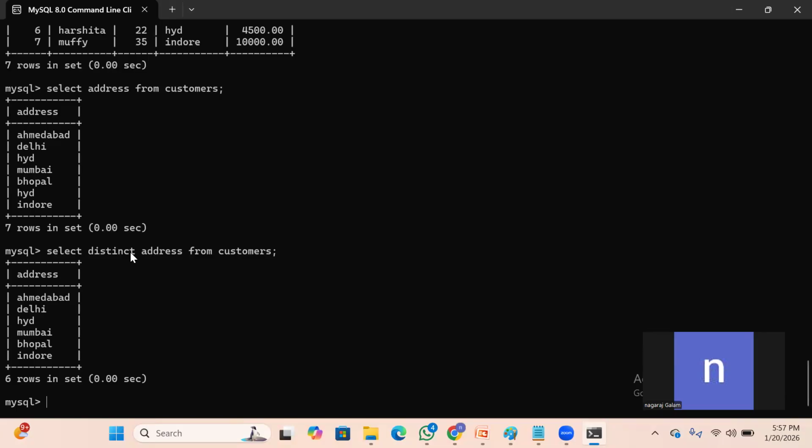It simply says return the distinct, unique values from a single or multiple columns in a table. It ignores all the duplicate values present in the particular column and returns only distinct values. So ignoring duplicate values gives all unique values: Ahmedabad, Delhi, Hyderabad, Mumbai, Bhopal, Sindhu, every single value unique. So the next one is